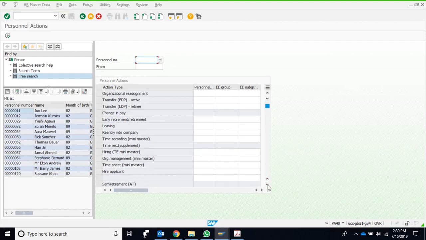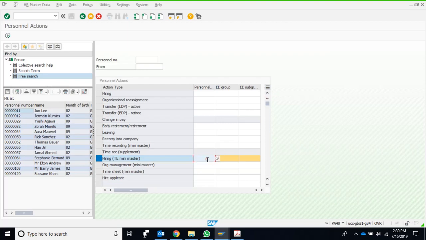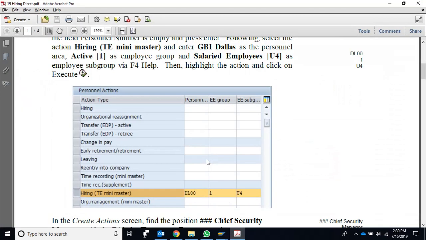There are two or more hirings, so we have to go to hiring mini master because we actually want to hire an employee with the minimal amount of data. So the handout says, here is the handout. The personal area is